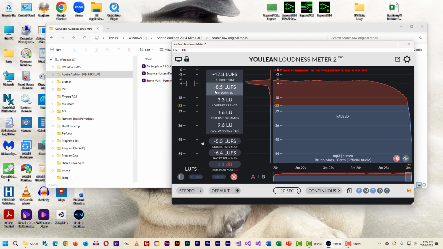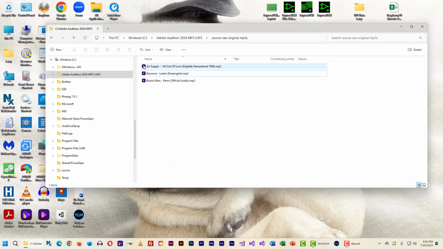And Bruno Mars is sitting at minus 18.5 LUFS. So we got some work to do. We need to make all three of them minus 16 LUFS. That's our goal here. So in the next video, we're going to start with Adobe Audition, and we're going to deal with these three files and try to normalize the LUFS on them to minus 16 across the board. Okay, see you in the next